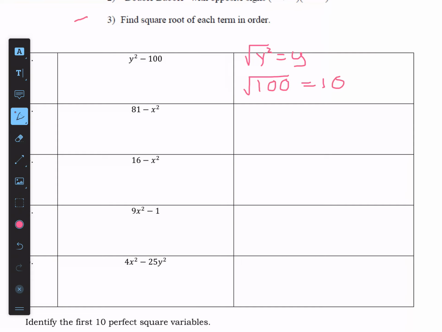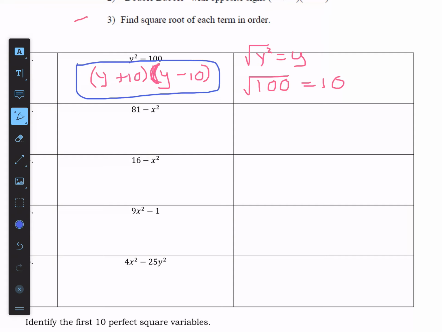So y squared minus 100. So the square root of y squared is equal to y, and the square root of 100 is equal to 10. Okay, so we go back to our problem, and we do our double bubble, and we put the y's in the front because the y squared came first. And we put the 10s in the back,